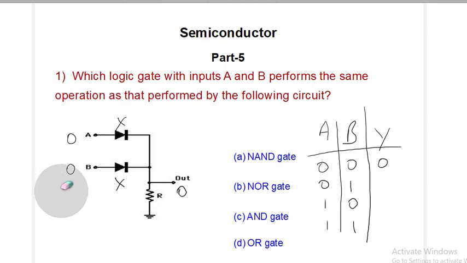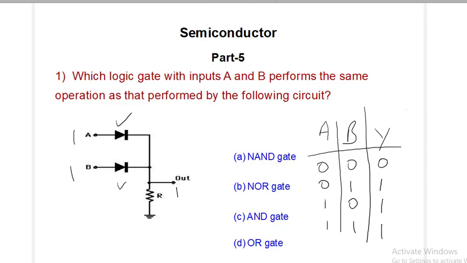In the second case, what happens? One of the inputs is 0 while the other is 1. So this is 0 and this is 1. Because of this 0, this will not conduct, but because this is 1, this will conduct, and we get output as 1. In the third case, the same thing occurs as the second one. The difference is here this is 1, this is 0. So this will conduct, this won't conduct, and because this is conducting, we get output as 1. And the final case, both are 1 1. So this will conduct and output is 1.